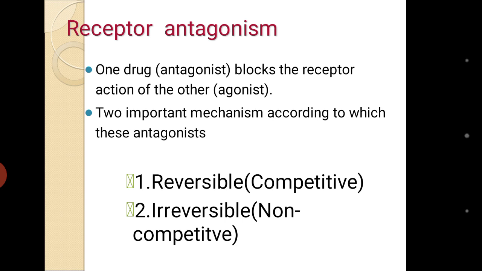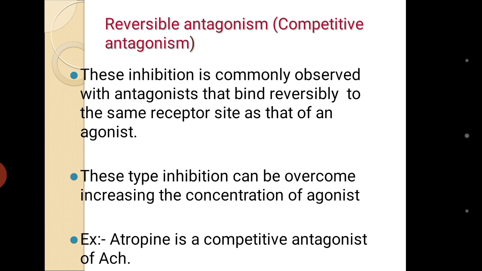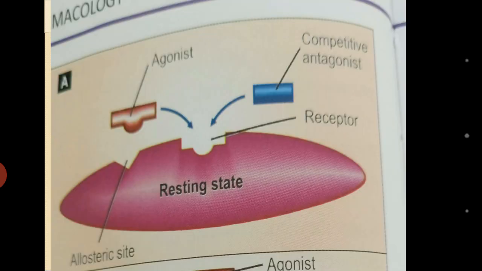Antagonist is going to inhibit the effect of agonist. There are two types of receptor antagonism. One is reversible, also called competitive, and the other is irreversible, non-competitive. We'll take them one by one. I'll go with a diagram. See here,